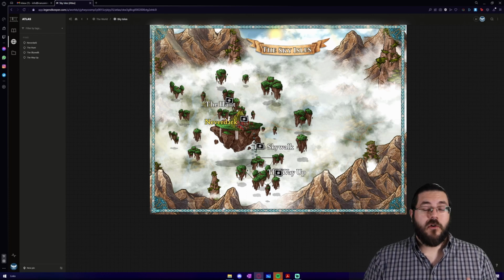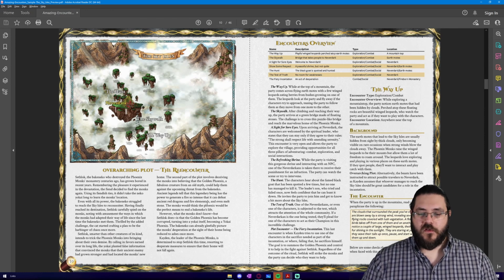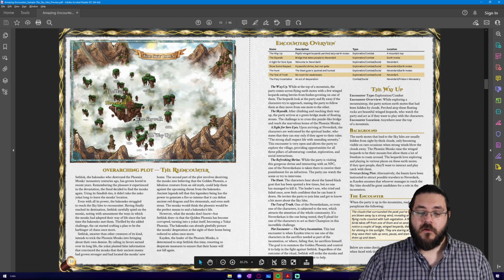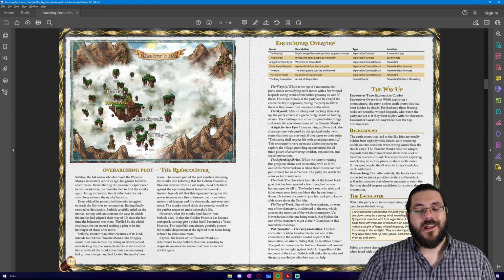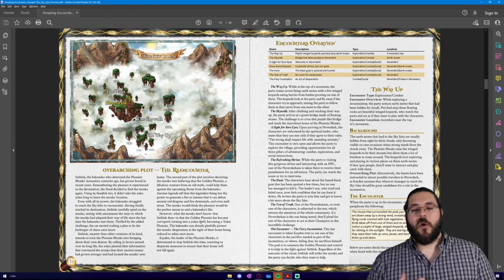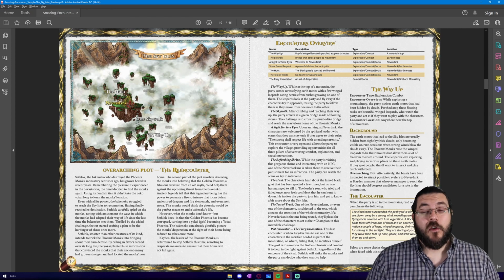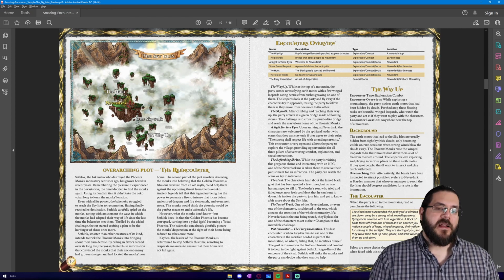Now this particular module already has an element of that where it references the Phoenix. It says here, the monks don't know, but Sethlock does. The golden Phoenix has become corrupted, turning into a yokai itself. So that's one thing that I would want to really lean into and play around with when adapting this, is